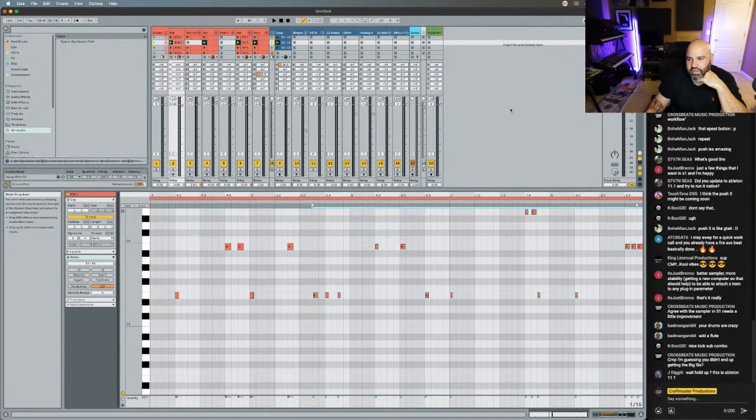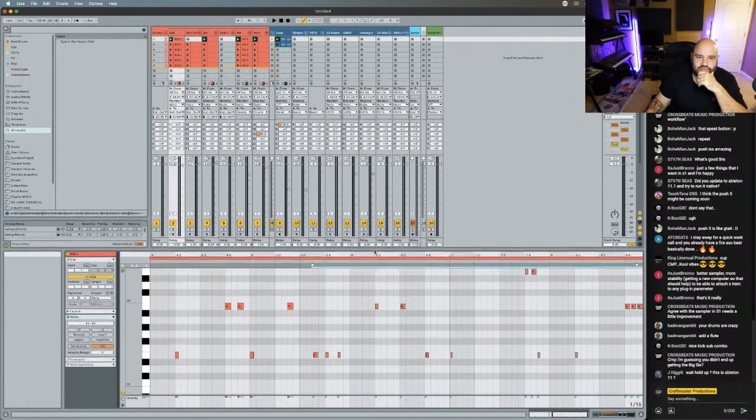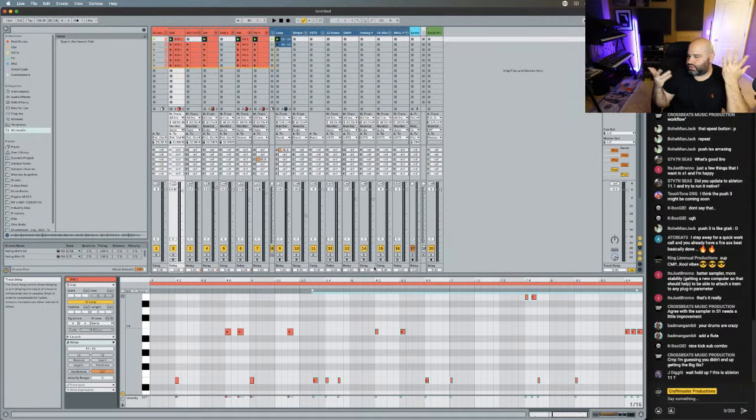CMP, I'm guessing I didn't end up with the big 6. Nah, I was never gonna get the big 6, bro. There's nowhere for me to put it in my studio, and I would need a brand new desk, one with the racks over here and the racks over here, and then I could put it in the middle. Everything that I want to do, I get done with the SSL 6. You know what I mean? Everything.